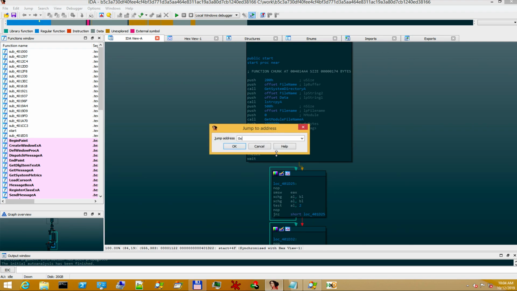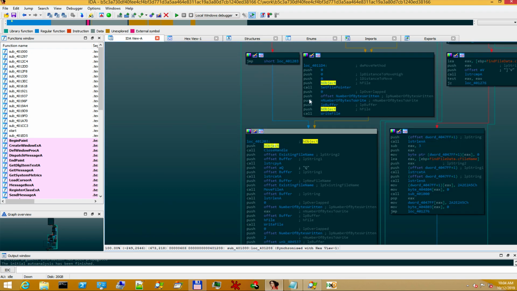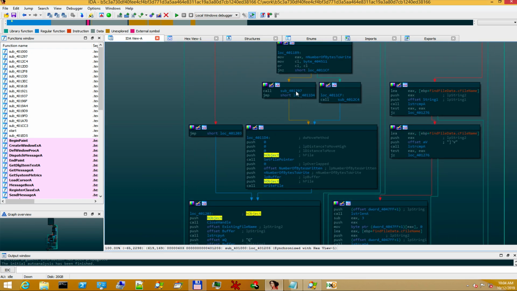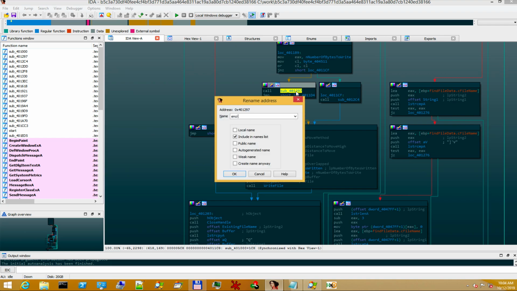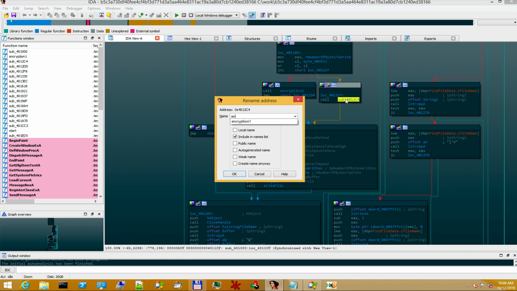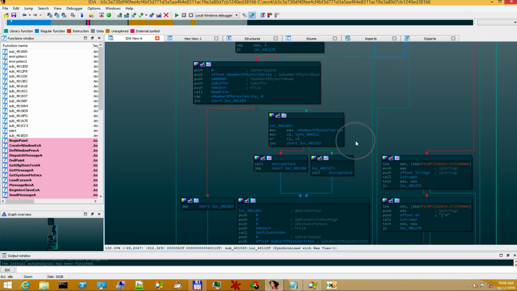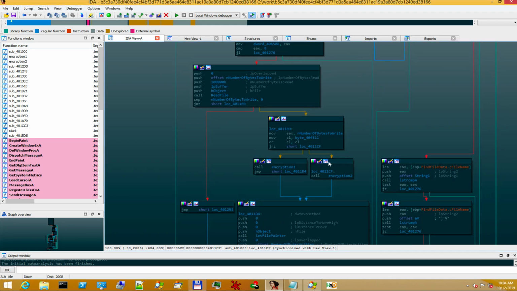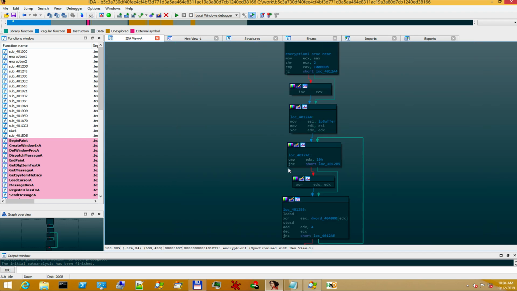If you remember from the Process Monitor window, the function that writes the encrypted buffer is at location 0x401203. We'll again rename the two functions for clarity, encryption 1 and encryption 2. Maybe you remember that encryption 1 was never called because the value of this constant is always positive. Nevertheless, let's still analyze it quickly.